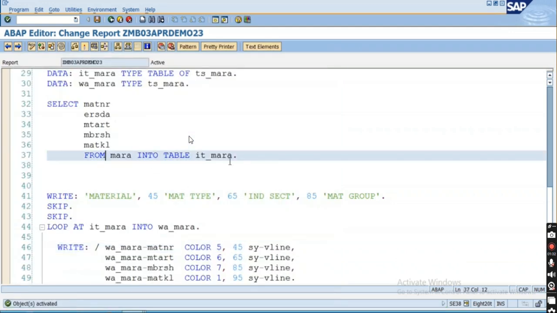Okay, now I want to put the where condition. Currently it is getting every data from the MARA table. I want to get the data only based upon the given criteria, right? You can see that